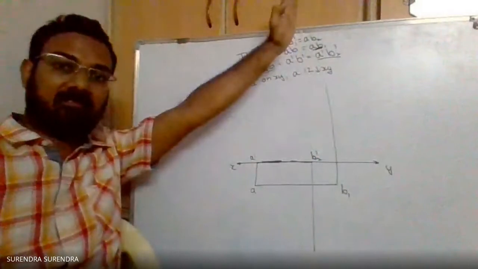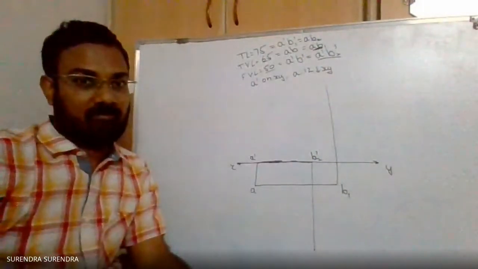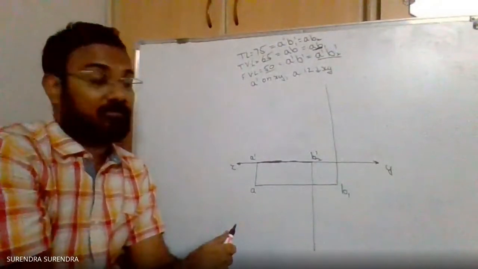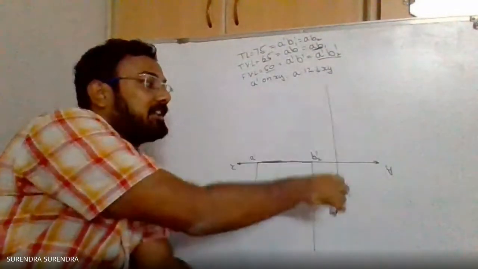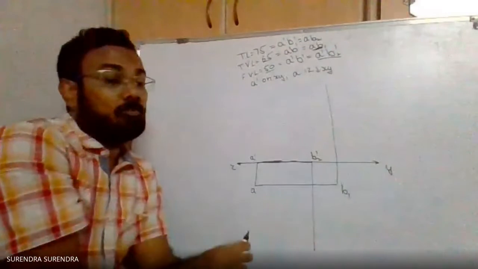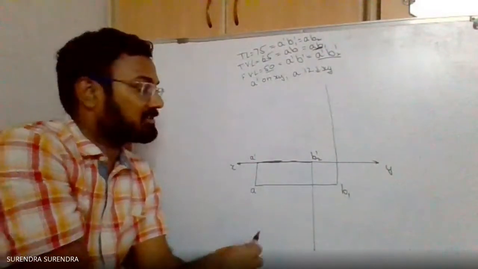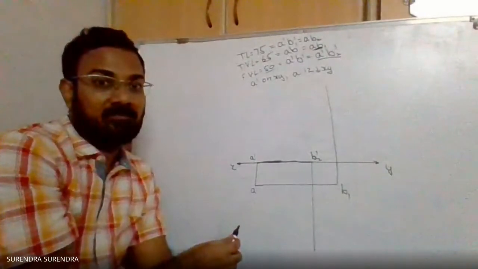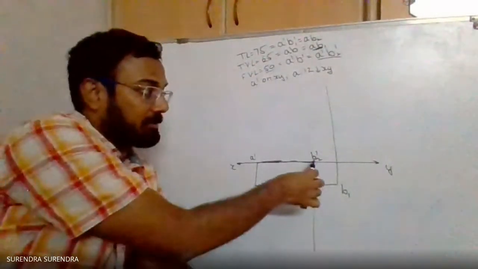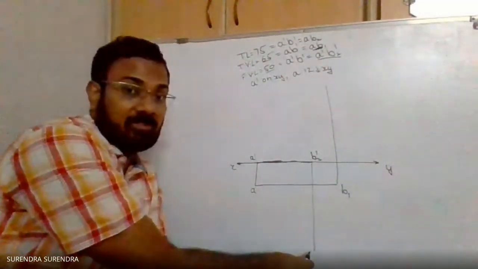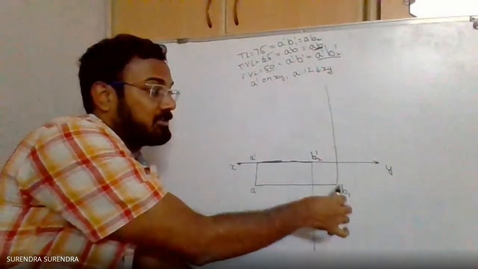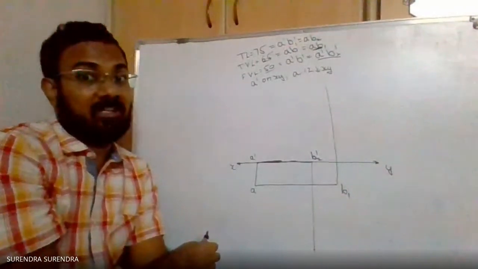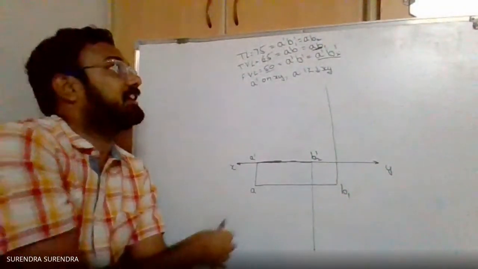Extend this line to front view. A vertical line perpendicular to XY. Now on this perpendicular line you must get B1 dash, and on this projection line we must get the point B2. So since B2 dash has come, B2 must be on this projection. Similarly, since B1 has come, B1 dash must be on this projection. So for B1 dash and B2 dash to come,